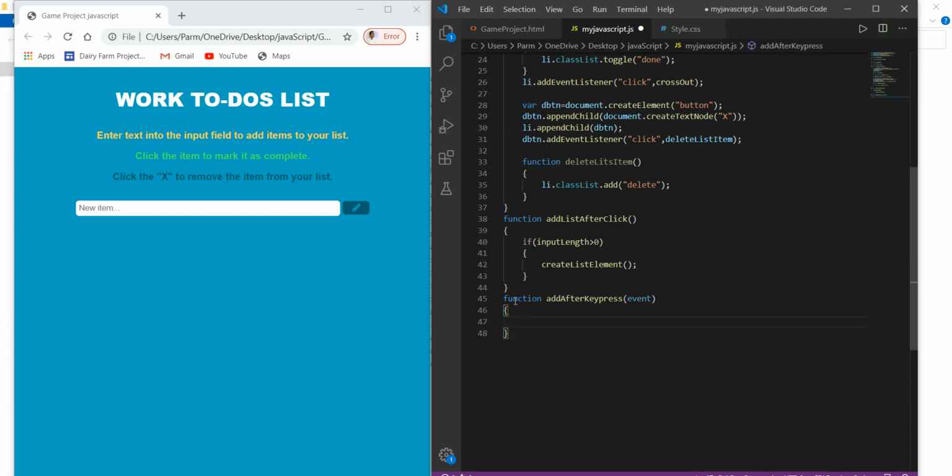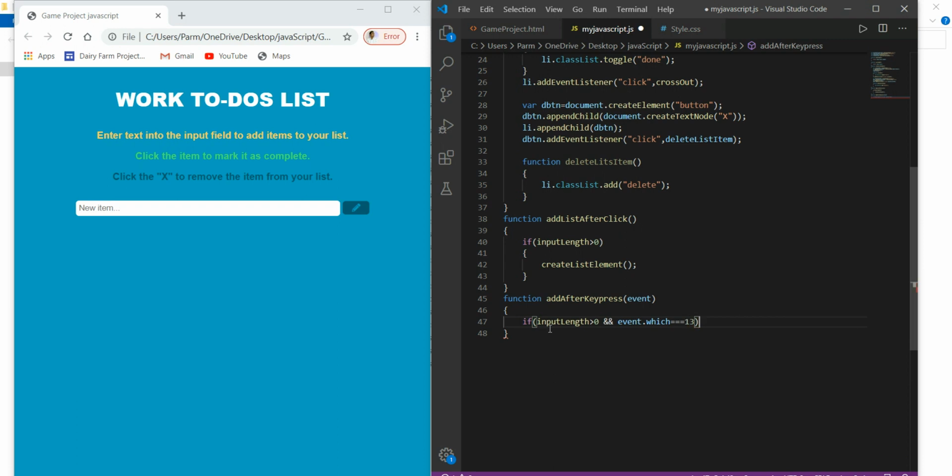Here we have to check two things. We write if input length is greater than 0, and this is called the AND operator, event dot which is equal to 13.